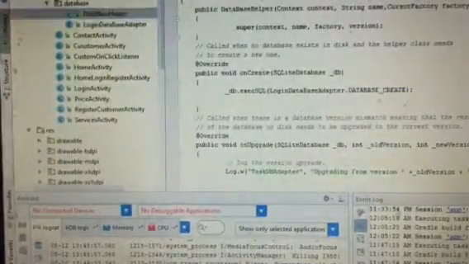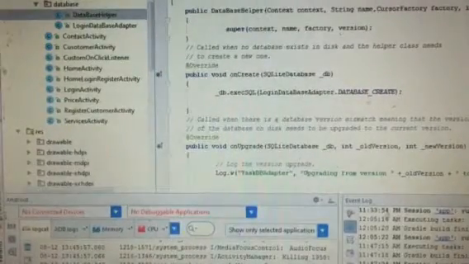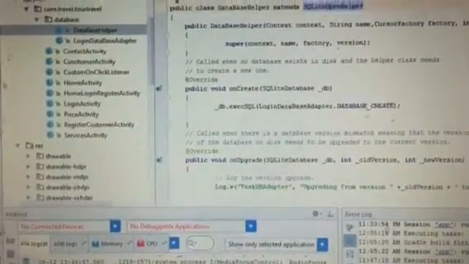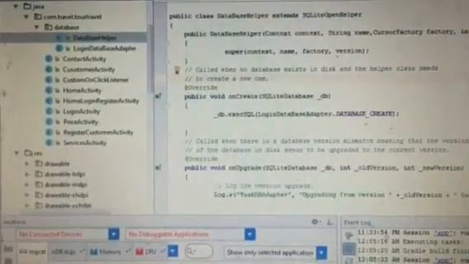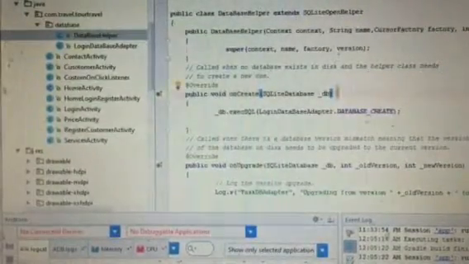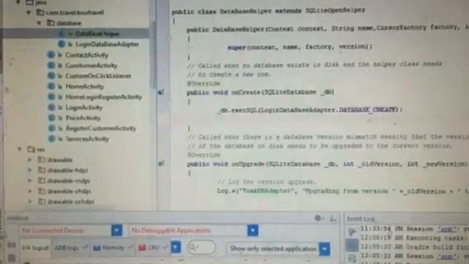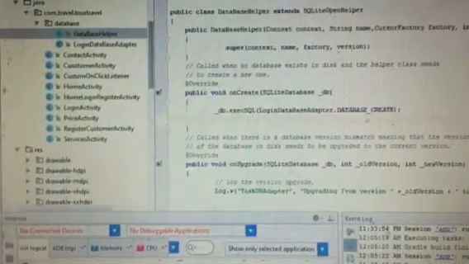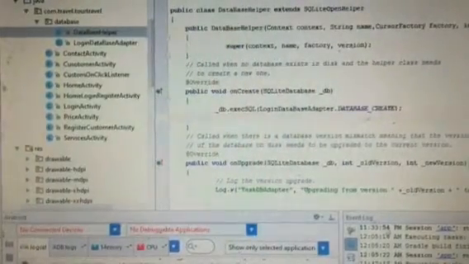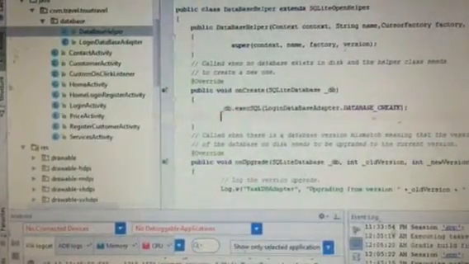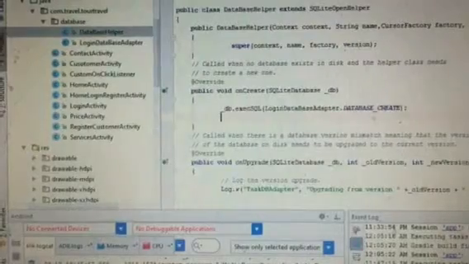Here you can see what I have used for the data connectivity, the SQLite database for creating the connection. Within this you can see the database helper and the login database adapter. This database helper is used for updating the versions.